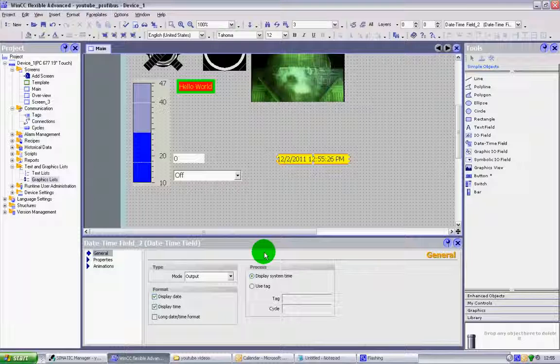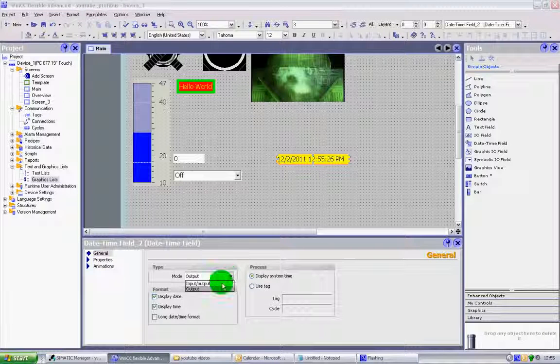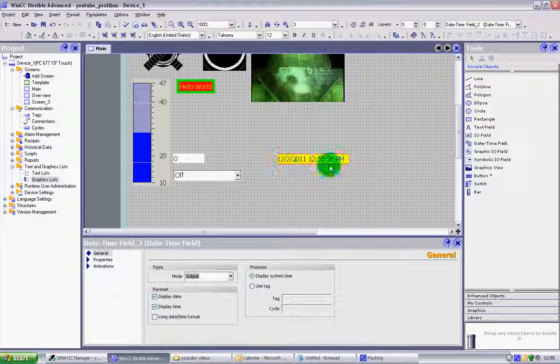Now the only other thing that you have here is you can change them to be an input and output, or just an output. So you can allow the operator to change the time by clicking onto it, or if you just want to view the time, then you can just set it as an output. Again, you can click whether you display the date or the time only, or both, whether you set it as a long format so that you've got the whole day name and the month name,